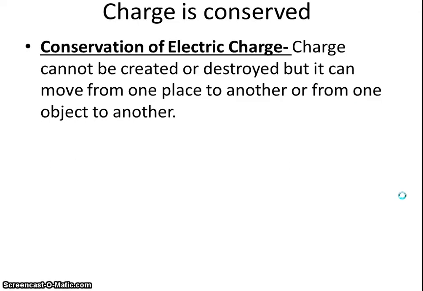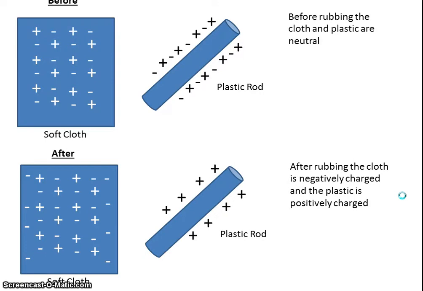Charge is conserved. Charge cannot be created nor destroyed, but it can move from one place to another or from one object to another. For example, if I were to have something like a plastic rod, like you might have a plastic baseball bat in your toy chest at home from when you were a kid, and I would rub that neutrally charged plastic baseball bat or plastic rod of some kind with a cloth that was also neutrally charged, what happens is I can actually rub some electrons off of this rod